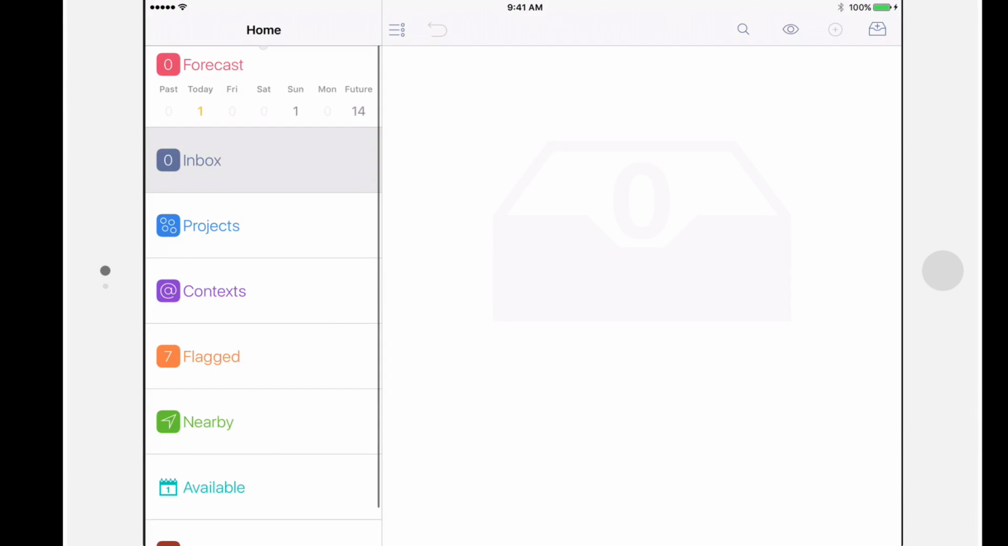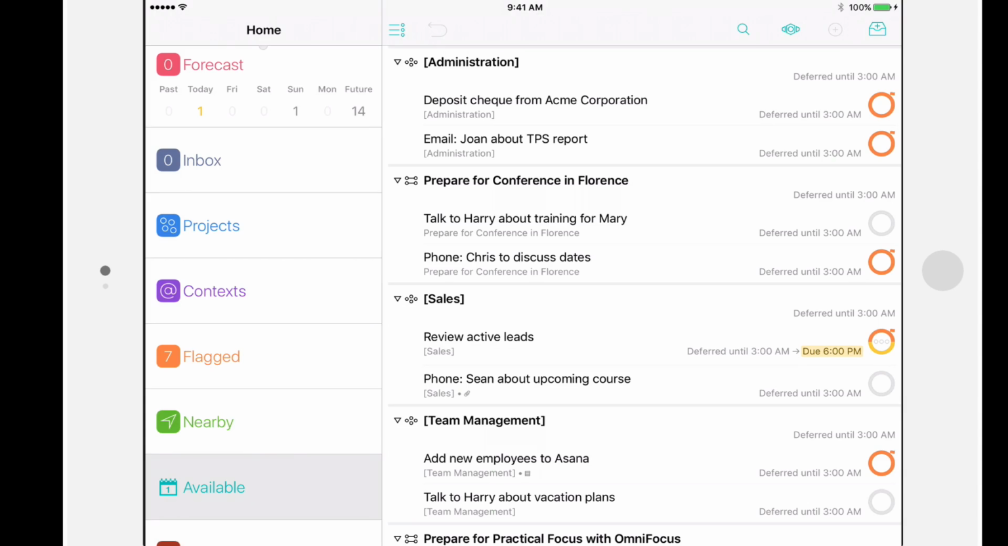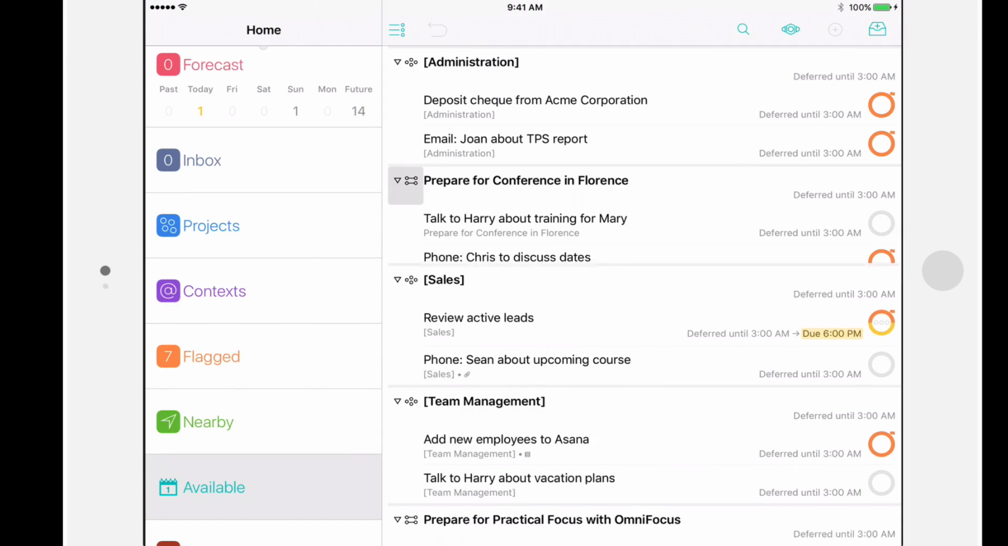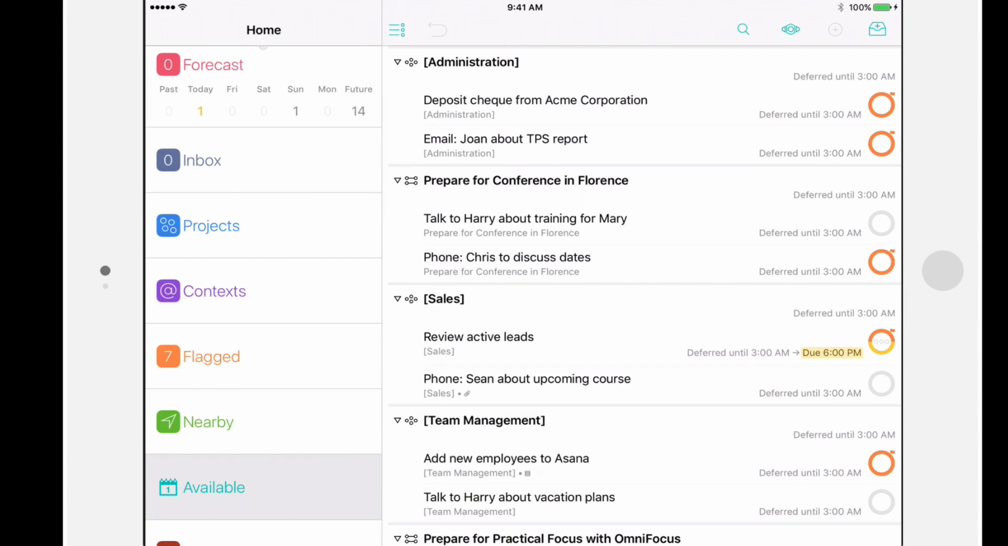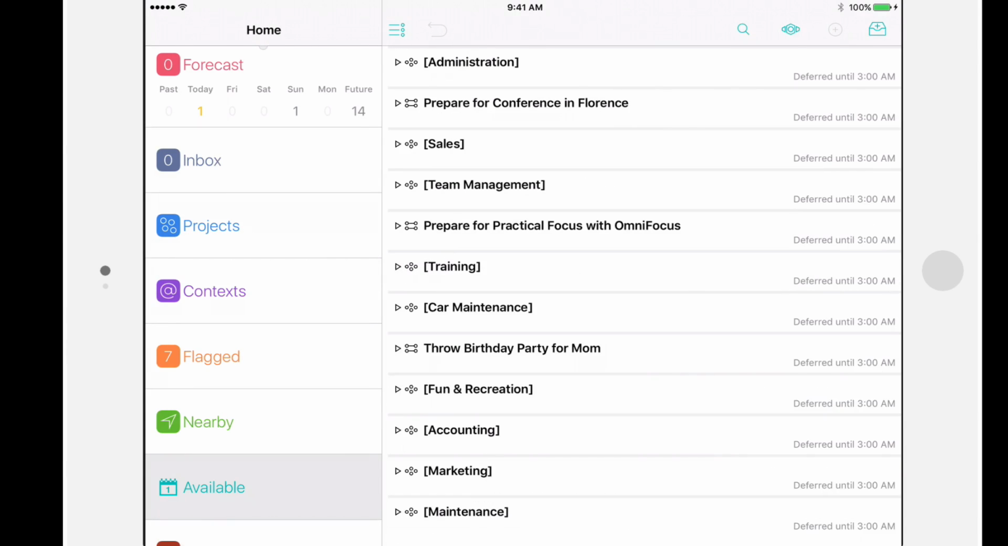This functionality is also available on iOS. Let's look at the available perspective on the iPad. You can tap on disclosure triangles to collapse and expand individual elements. And you can collapse all items in the outline by tapping and holding on one of the disclosure triangles and tapping Collapse All. Similarly, you can expand the outline by tapping and holding on one of the disclosure triangles and